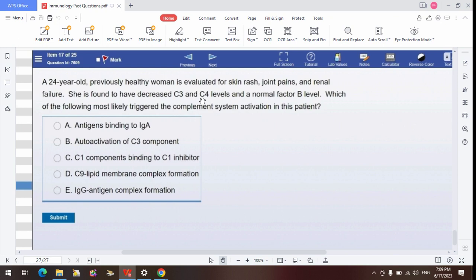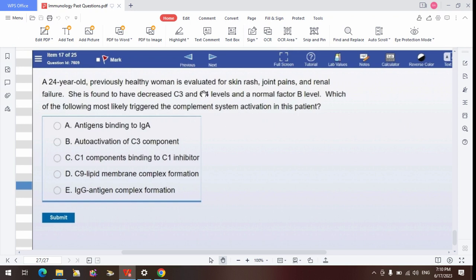Then it will also cleave C2 into C2a and C2b. So the C4b and the C2b will form the C3 convertase that will go ahead to cleave C3 into C3a and C3b. So C4b, C2b with C3b is like the C5 convertase. That will drive it towards the last one, which is our membrane attack complex containing C5, C6, C7, C8, and C9. Now, one thing about those pathways is that anyone you are activating gets consumed at the end of the day. Because we are seeing that C4 is reduced and C3 is reduced, it means that you are most likely activating the